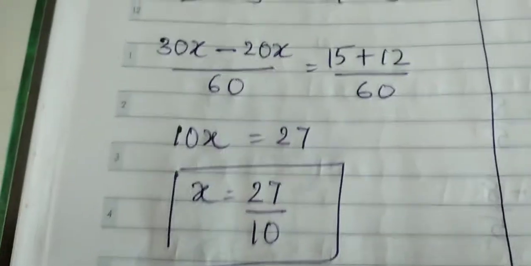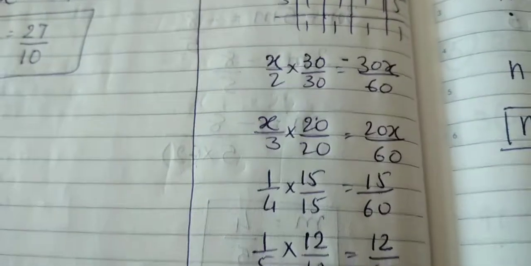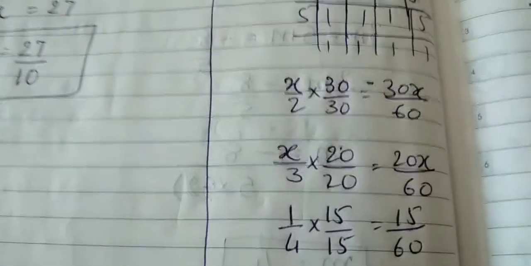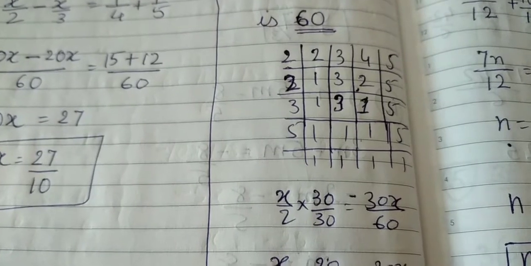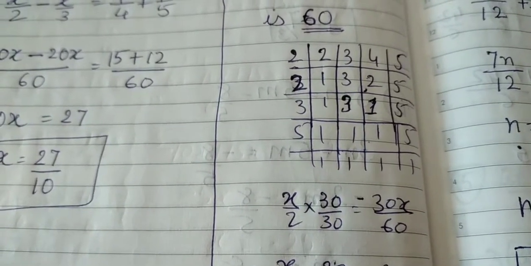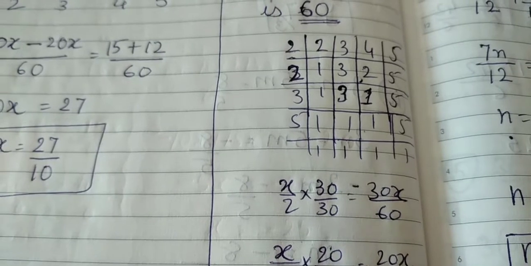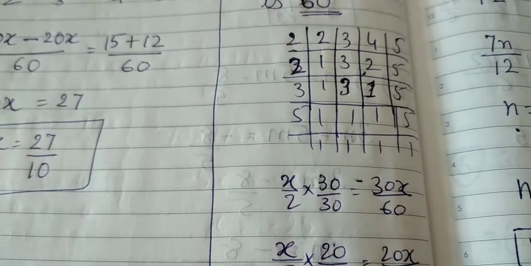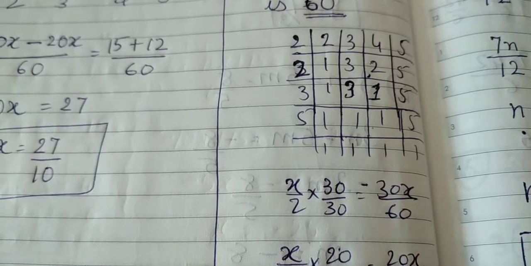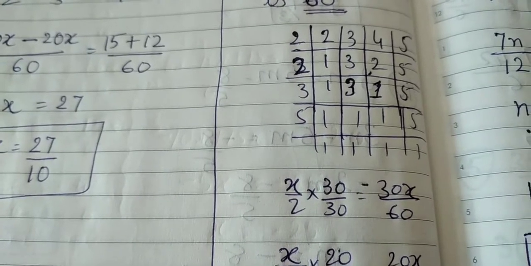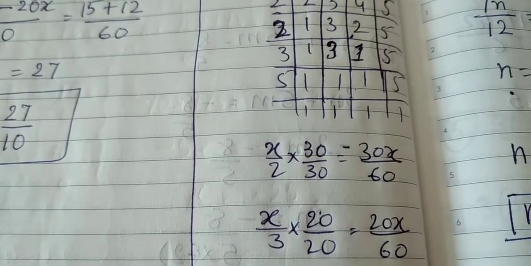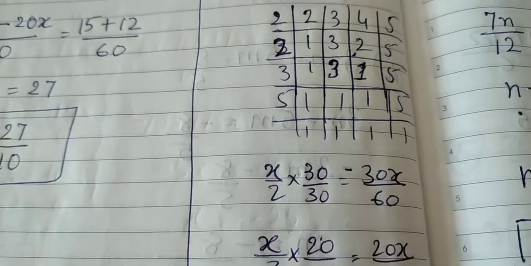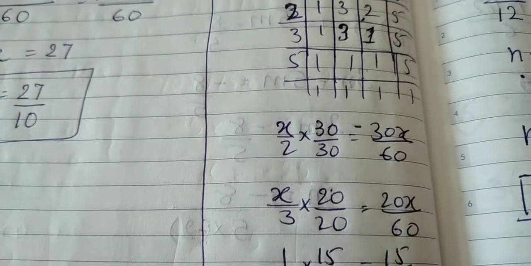Okay, and so to make the denominators of all the terms 60, x by 2, I am multiplying it with 30 upon 30. From the table of prime factors you can make out that with 2 you need to multiply 30, because if you press 2, the factors remaining are 2 multiplied by 3 multiplied by 5, and that gives you 30. 30x upon 60, it's not negative 30, it's actually 30 upon 60.